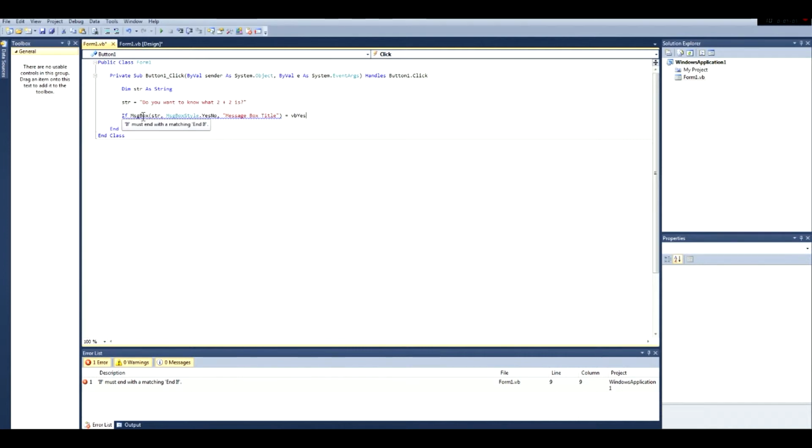So in this case, we have to say if a statement equals something, or if a statement happens, or equals true, or equals false, or let's say if we had a variable that was an integer, and if that variable was equal to 0, then do this, or then do that. So in this case, if the message box appears and the user hits yes,